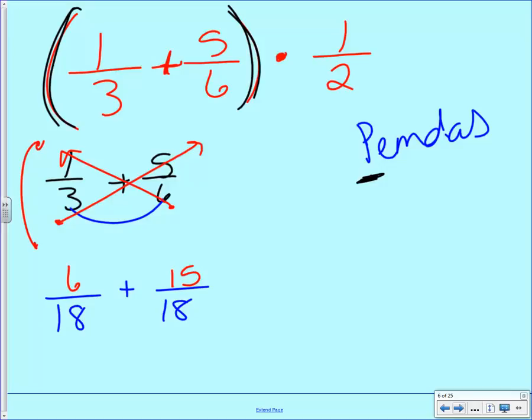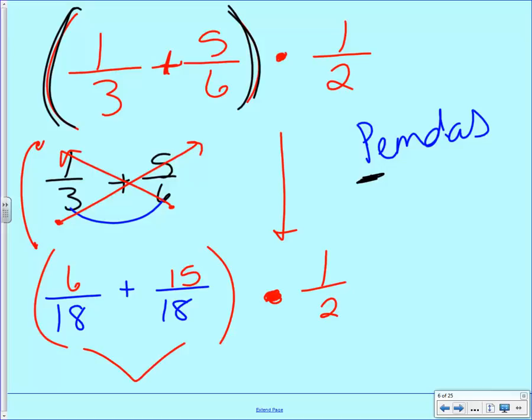So here are these 2 new fractions that I have, and I could really write this out so you could see really what I'm dealing with right here. I can't forget the rest of this problem. Just because I'm not using it right now doesn't mean that it goes away. So all I'm doing is putting these 2 together, and remember I draw that little V shape to tell you that these 2 are funneling together to become an answer. So 6 plus 15 is, let's see, well 15 and 5 would be 20, plus 1 more would be 21